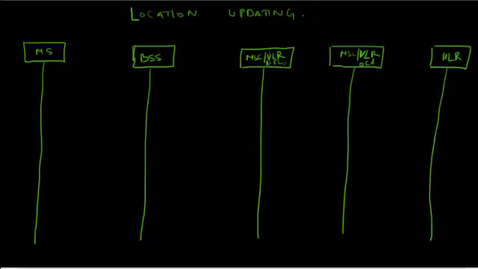So let me explain why location updating takes place. Mobile listens to the broadcast channel all the time, and mobile has a location area identifier stored in its SIM. So when it sees that the location area identifier has also been broadcast by the BTS on the broadcast channel all the time, so when the mobile compares the LAI in the SIM with the LAI in the broadcast channel and finds that there's a difference, it automatically assumes that it has changed its location area, and it starts a